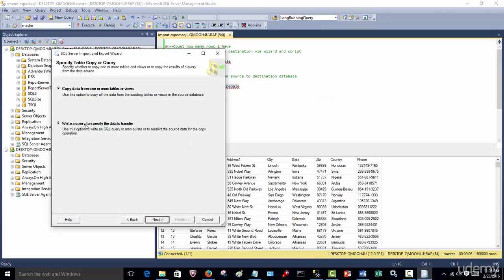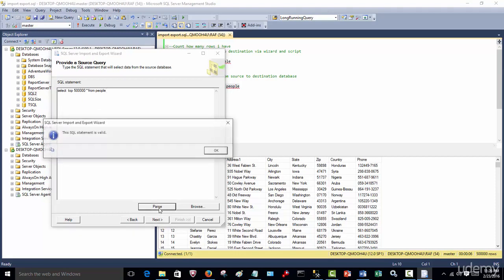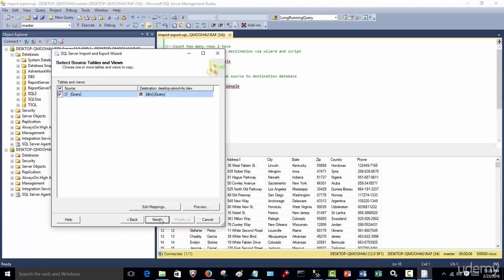And now I'm going to select a query. And I go next. And obviously the SQL statement pane comes in. I just pop this there. You can parse it, which I always like to do to make sure that the script is valid, which it is. And now I'm going to go next. And obviously it's going to create a query. You can change the query name if you wish. If you don't like the word query by default, you can just say, let's just call it